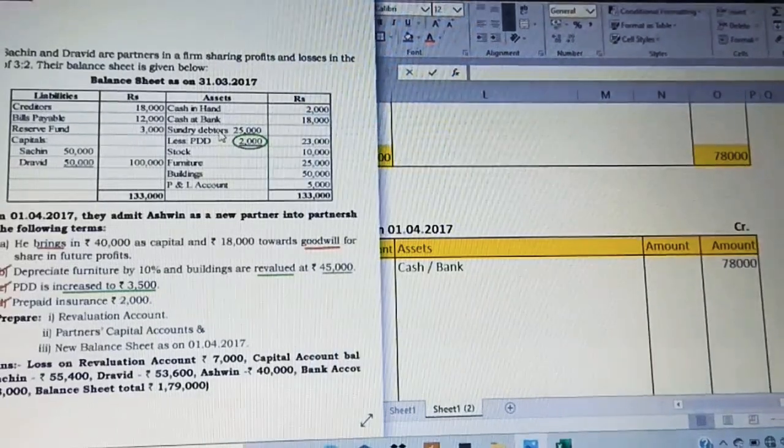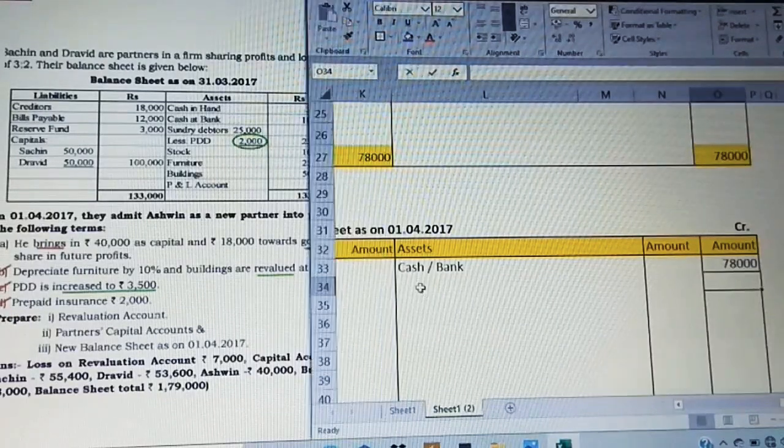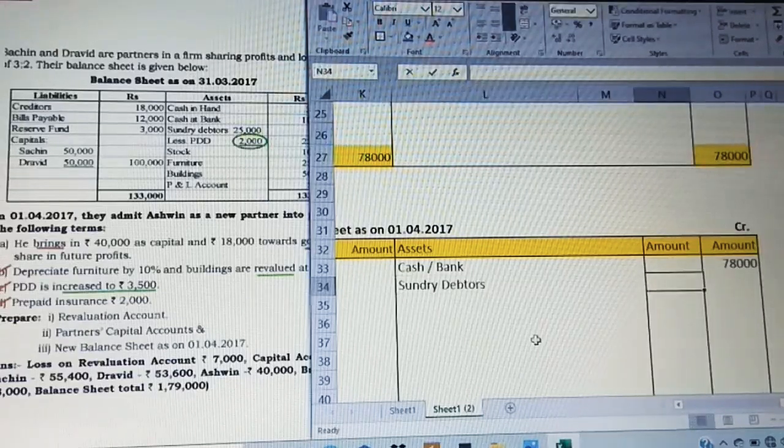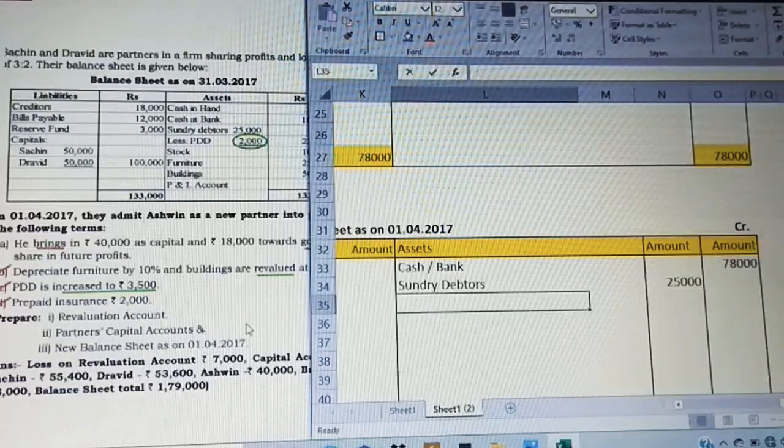Moving on to the next item, sundry debtors. We know from the question itself that we have an adjustment, so I'm going to take this value in the inner column. When you are taking it, you should always take the book value, not the adjusted value, because we are concerned about the PDD as well. So we have to take only the book value. So 25,000 I've taken, less